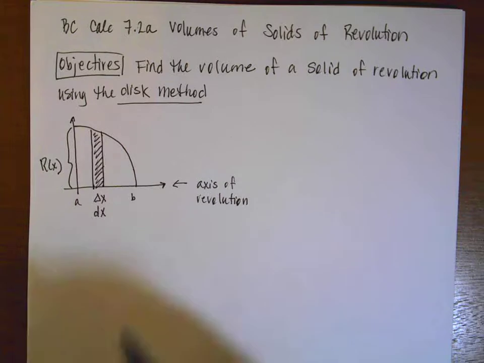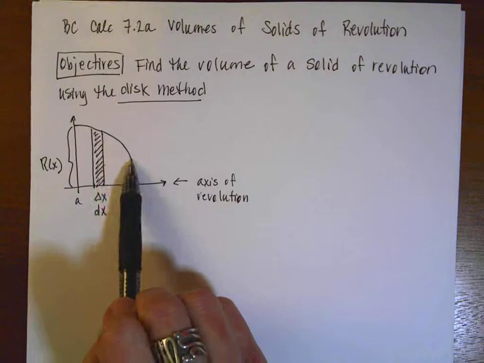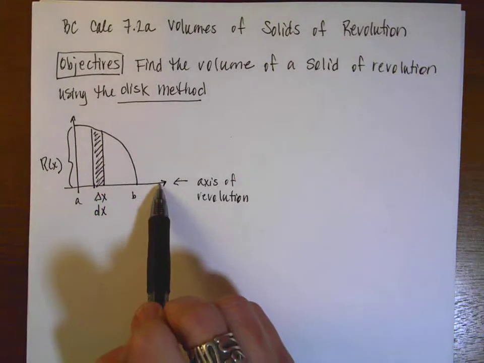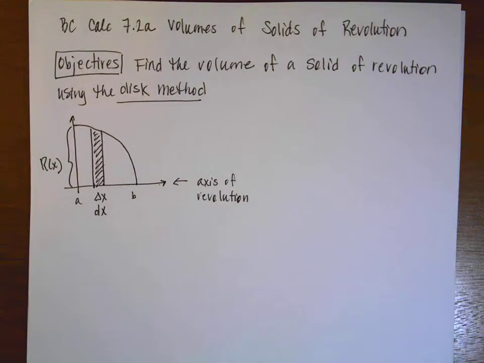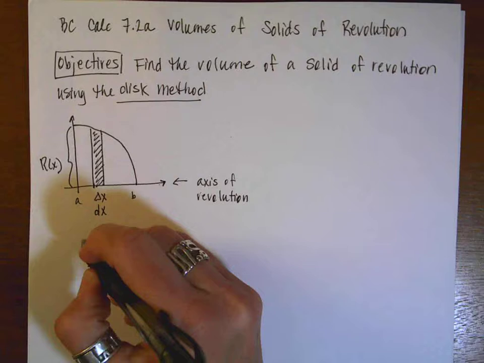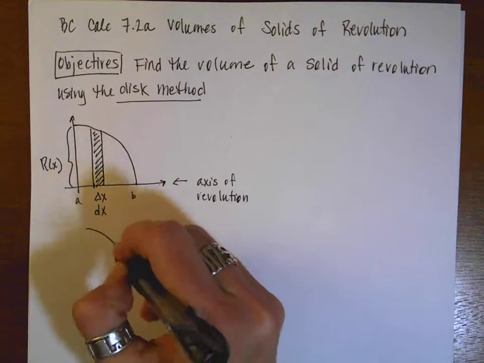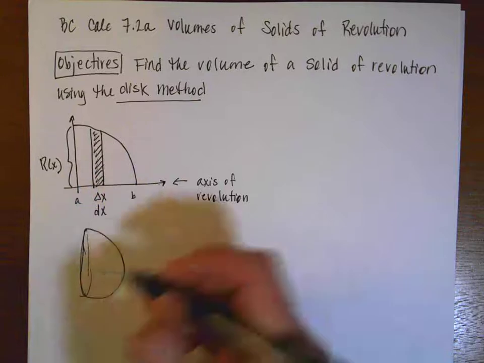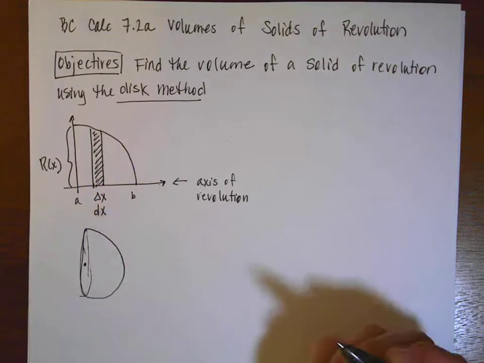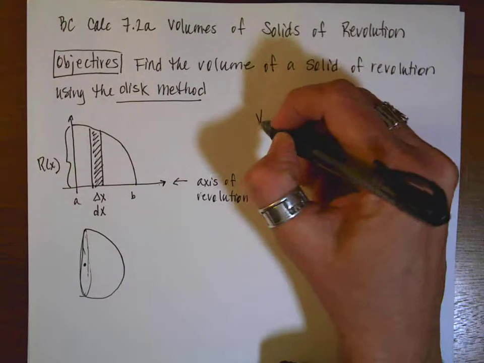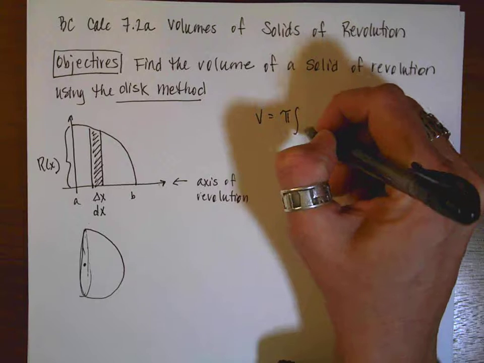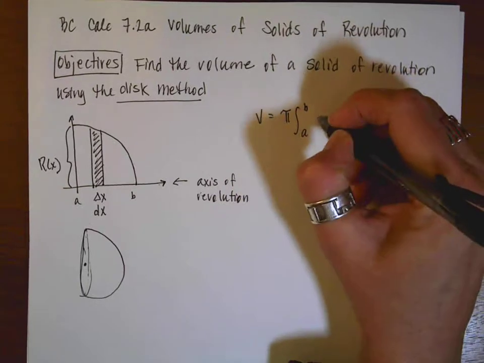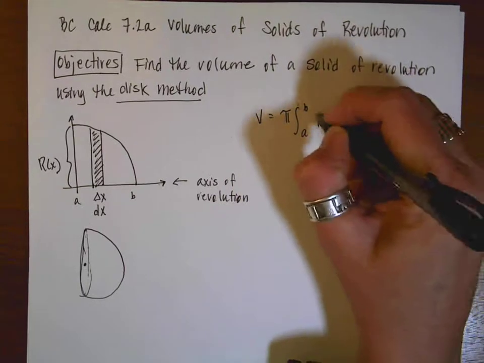All right, so what we're doing is we're taking this particular curve and we're going to rotate it about this axis. And if you think about what this makes, we might attempt to draw it. Oh, it's going to be yucky. It's going to make something that looks kind of like this. And then here would be the center of its axis of rotation. Oh, isn't that beautiful? But the volume is going to be pi integral a to b of r of x